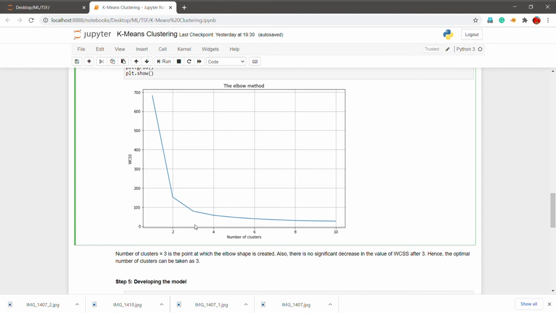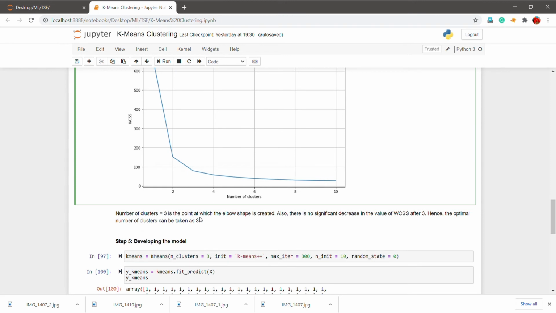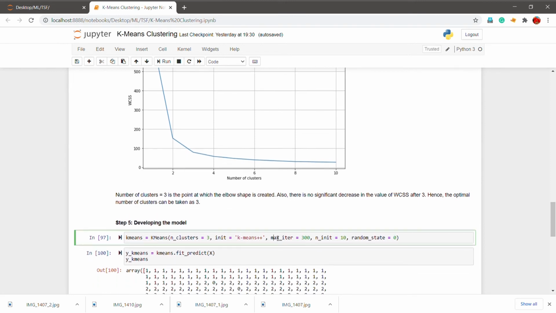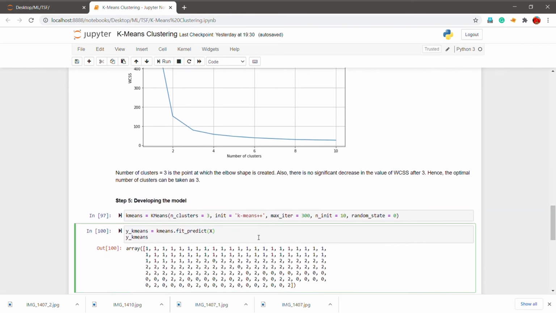So here I took 3 as the optimal number, because after 3 there is not much drastic change in the data, it is gradually decreasing. Before 3 it is suddenly falling down to some value, and also the bend occurs at 3. That is why I have used 3, and I use this value for developing the k-means model, and I